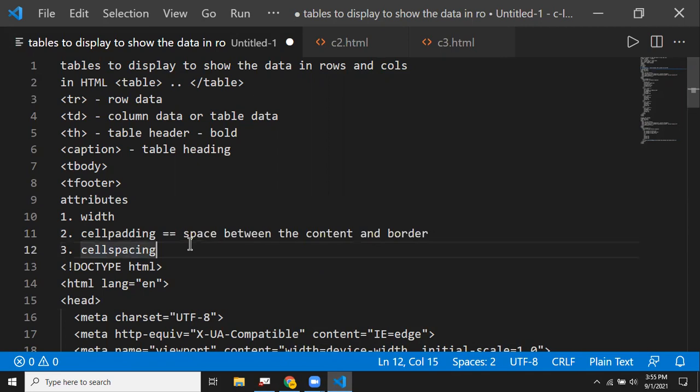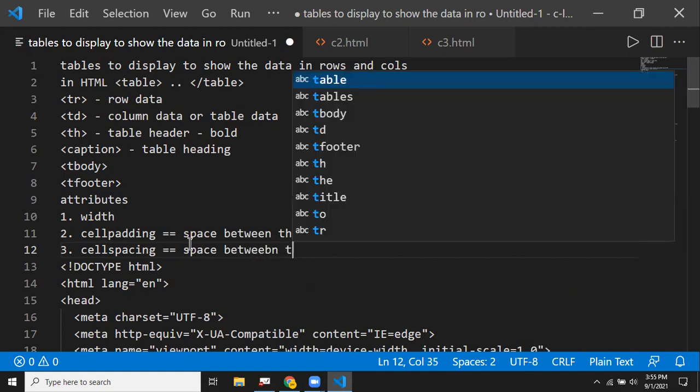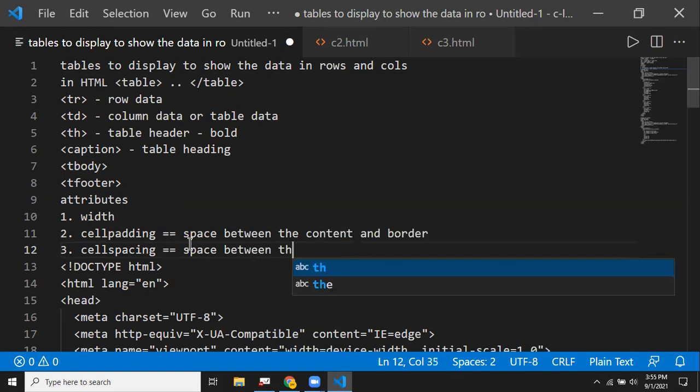Now cell spacing is the space between the cells. So it is between the cells, the space is going to be there. Cell padding is a space between your content and the border.